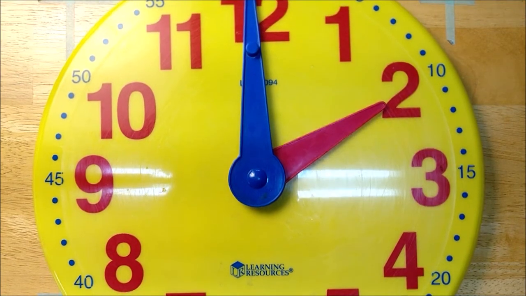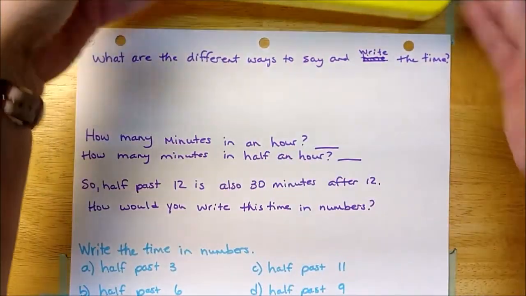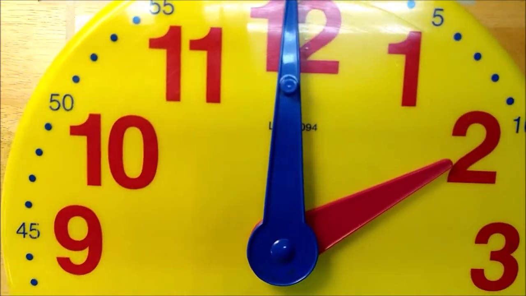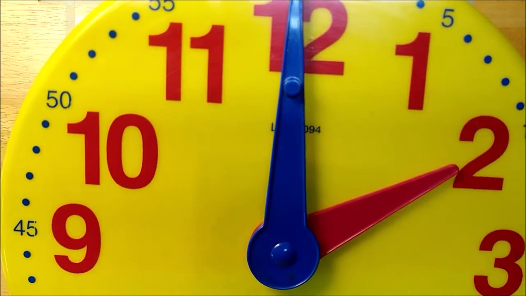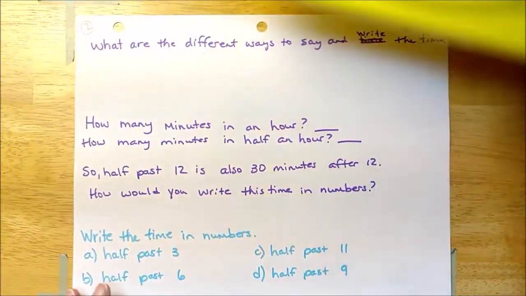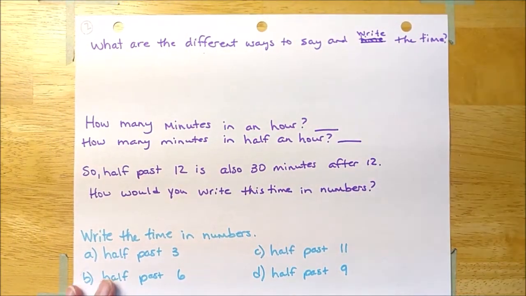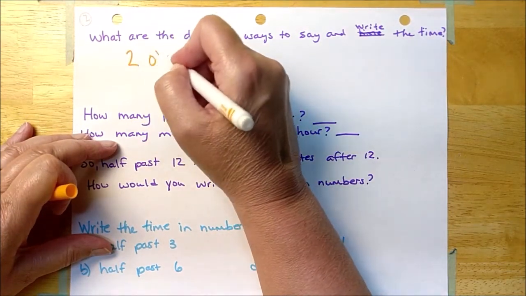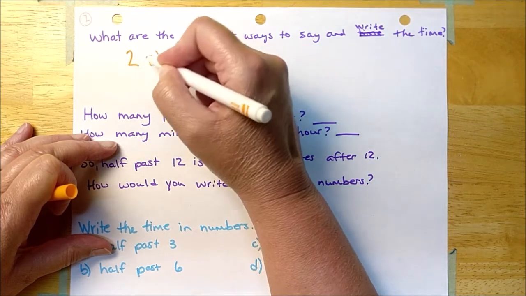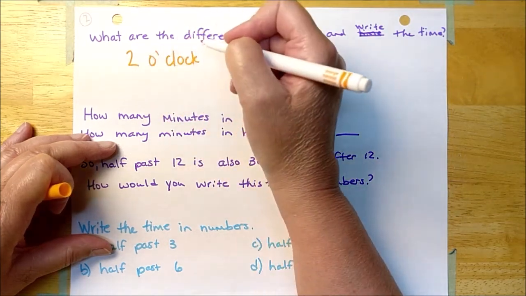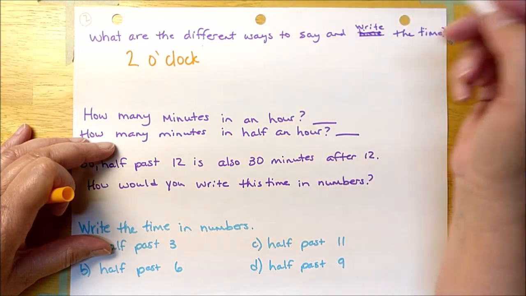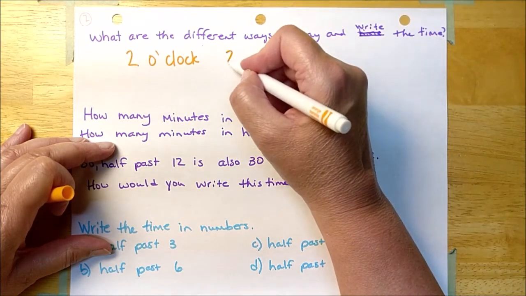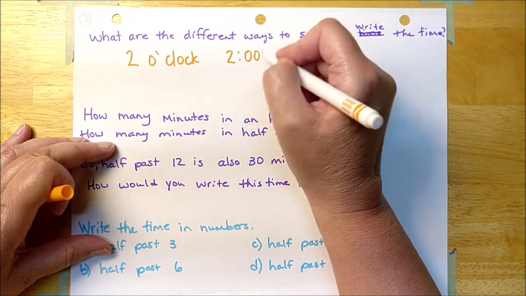And, before we do that, get that guy back. What are two different ways that I could write, or say, 2 o'clock? So we can do it exactly as we say it, 2 o'clock, which actually means 2 of the clock. And if you wanted to use only numbers, you could say that it was 2 o'clock with no minutes, because